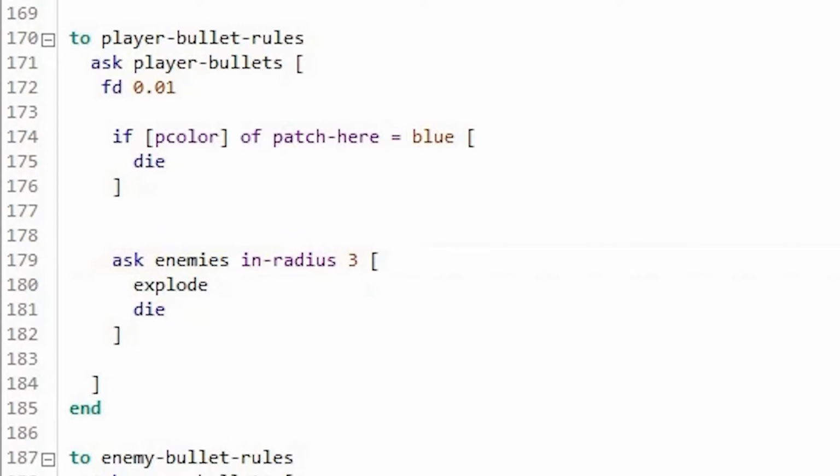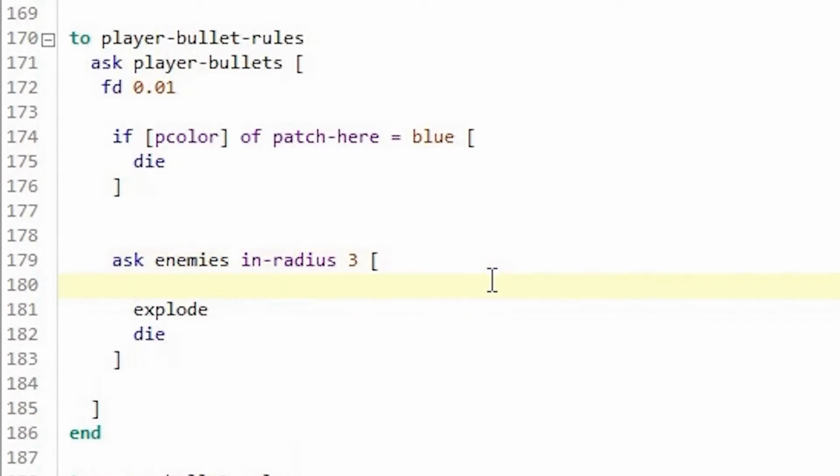In player bullet rules, when an enemy is within the radius of 3 from a bullet, we asked it to explode. Now we are not going to do that. Instead, we are going to ask enemies to reduce health.